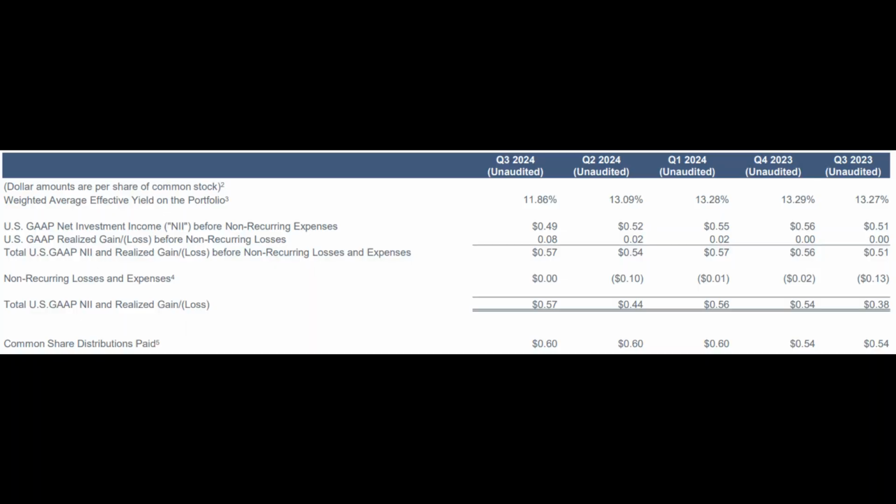So, is the dividend secure? Is it safe? So for the quarter, the total net investment income and realised gains came in at 57 cents per share. That was actually substantially increased from the 44 cents per share in the previous quarter. Now, if we drop out those capital gains and we just focus on the pure net investment income, that was 49 cents per share. Now, the dividend of 20 cents per share, that means it's up to 60 cents of